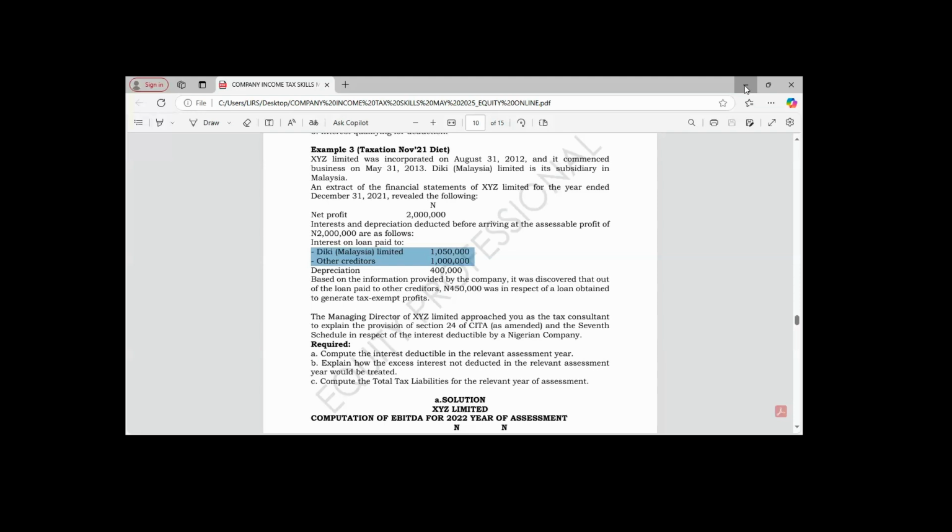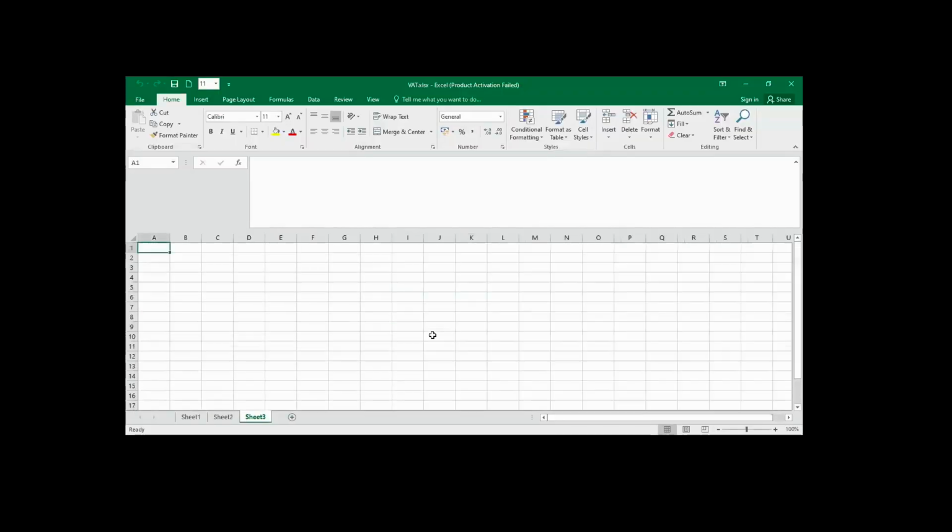So in order to solve this question, we have to look at how to restrict that. We first of all need to calculate our EBITDA. I'm going to use that same SYZ that I utilized under value added tax, so that when you are looking at your